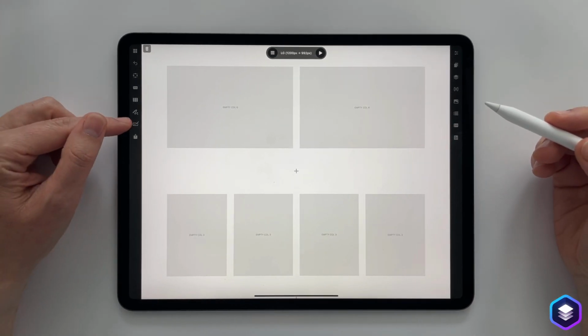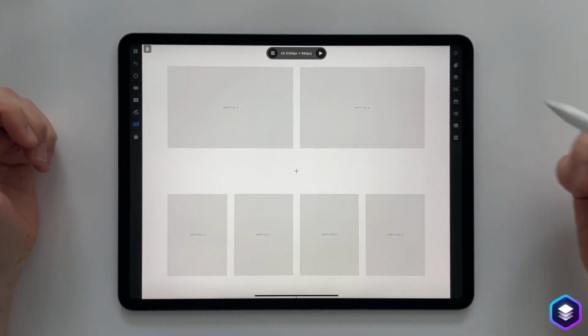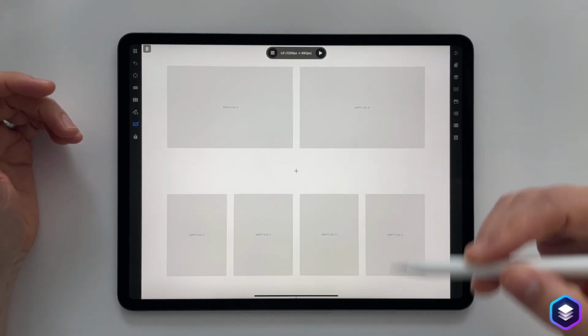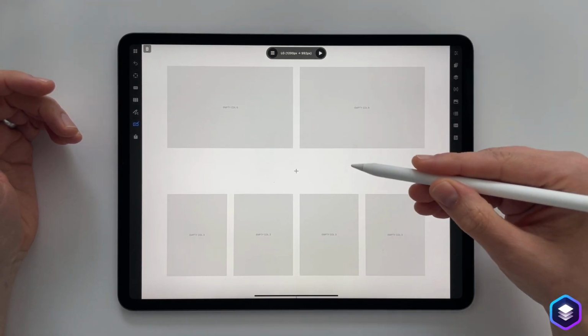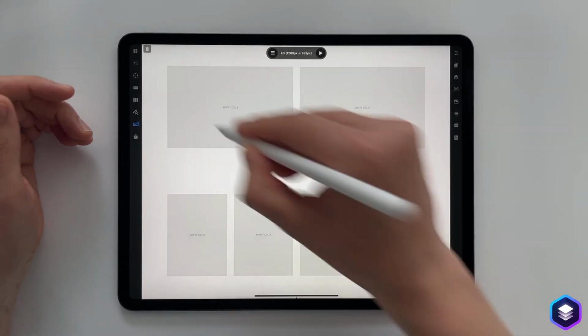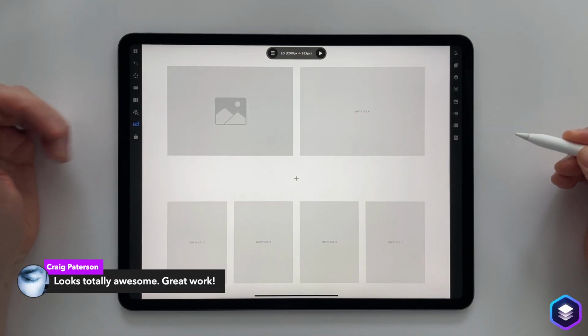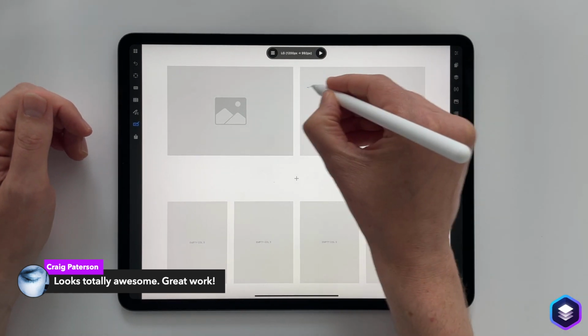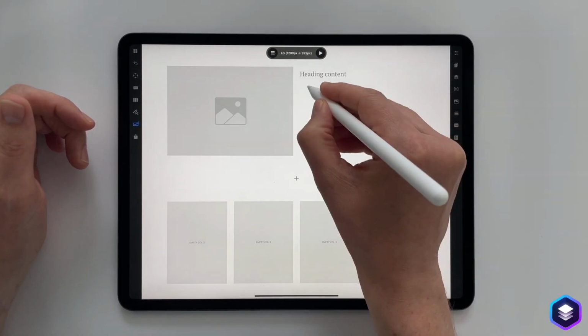We switch it on with this little button here on the left, and now Blocks is in Draw UI, which basically means we can actually draw interface elements, and they will turn from drawings into actual coded bricks. So if I draw a square, it will turn into an image. If I do a line with a dot, we'll get a header.